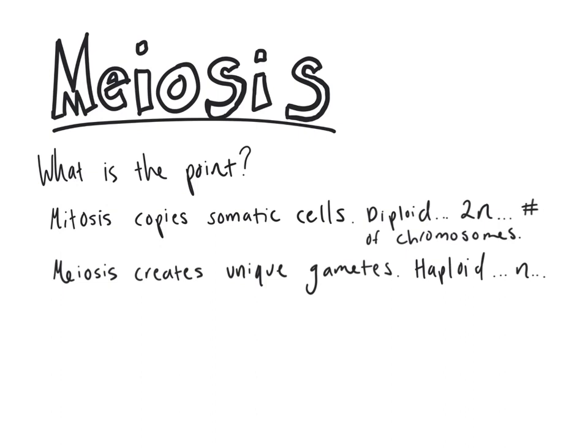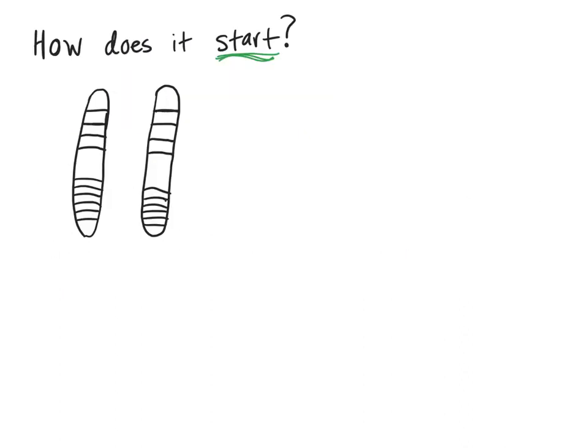And another difference and comparison between mitosis, which makes most of our body cells, is that in mitosis, all the cells created should be identical unless there's been a mutation. In meiosis, all of your sperm, egg, whatever, are supposed to be different from one another because you shuffle the genes. And I'll get into how that works later. So how does meiosis actually begin? Well, as with any cell division, meiosis is going to begin with interphase. Interphase comes before both mitosis and meiosis, and it involves 3 main steps.